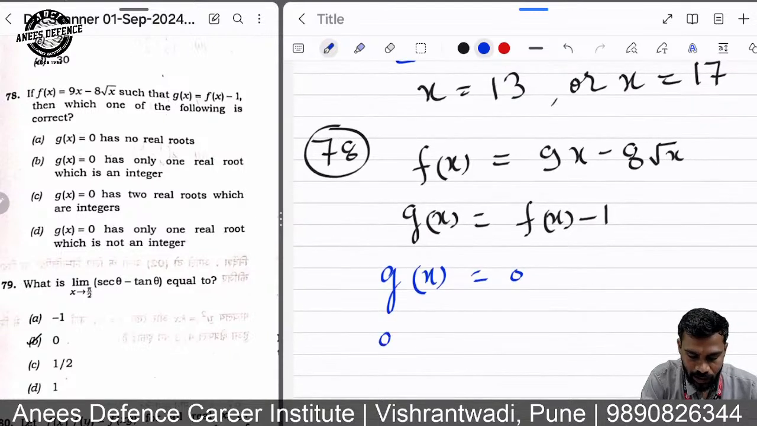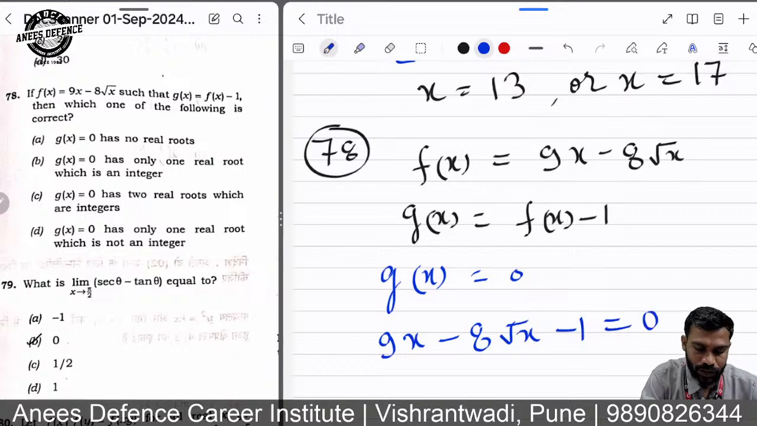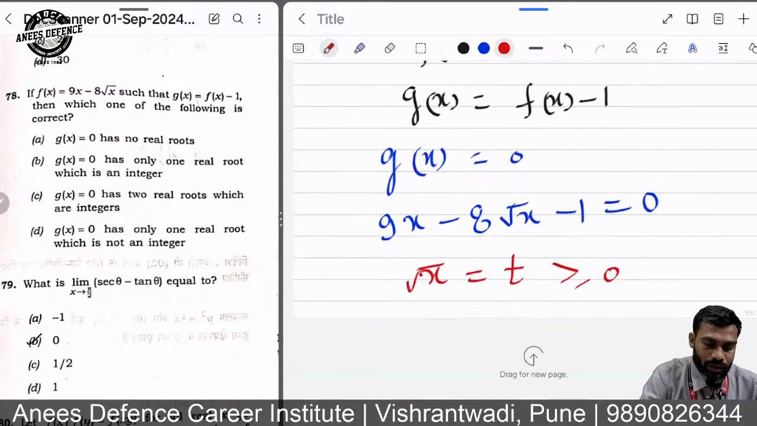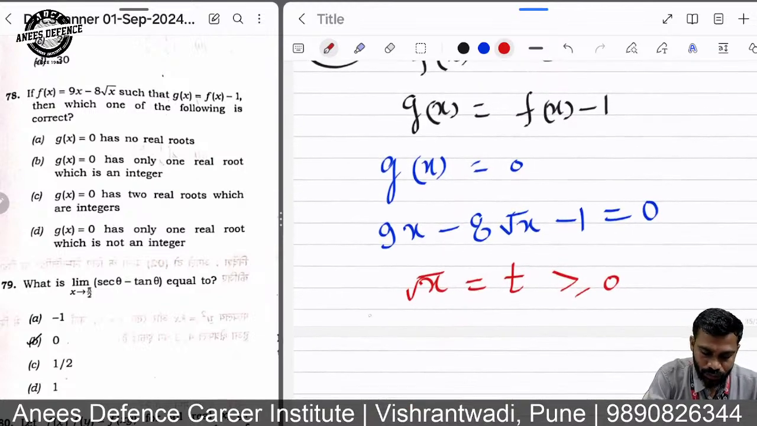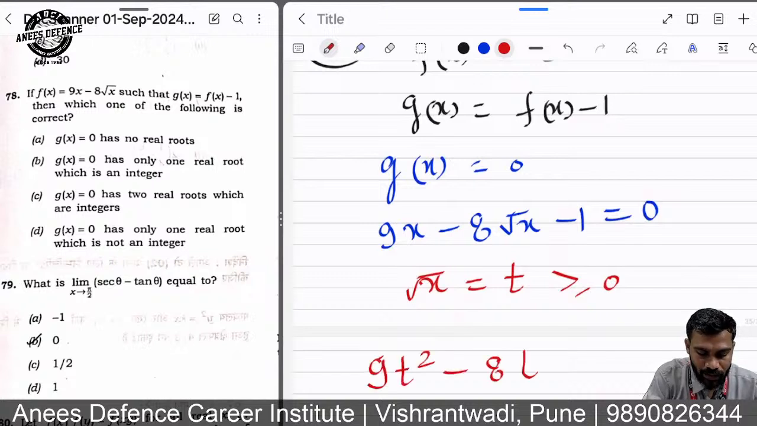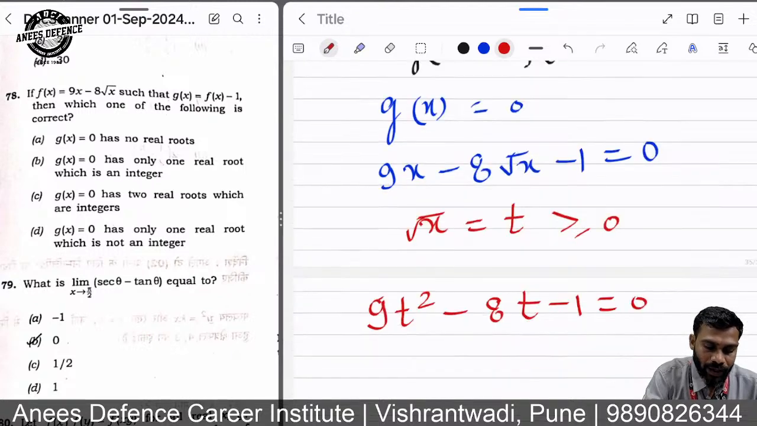So I can write 9x minus 8 root x minus 1 is equal to 0. Let us consider root x is equal to t, and of course t can be greater than or equal to 0, right? Because root x can't be negative. So the equation becomes 9t square minus 8t minus 1 is equal to 0. If you factorize this,